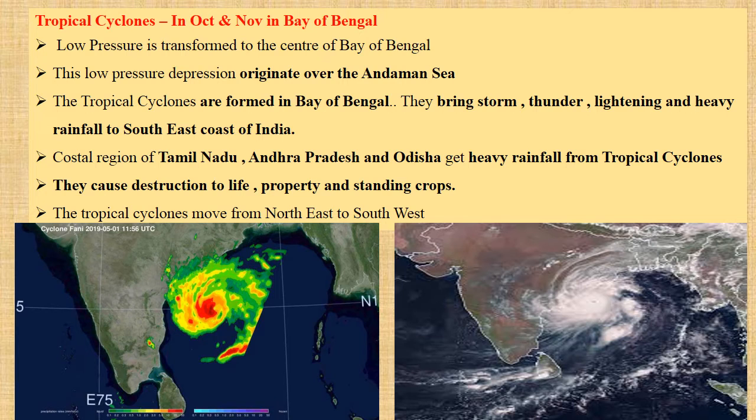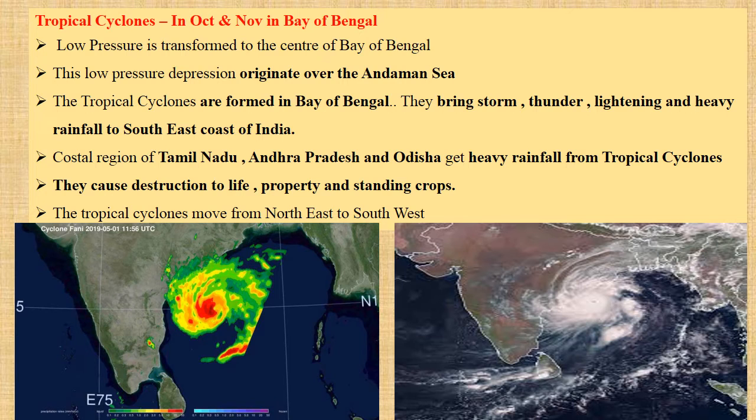A low pressure center is developed in the Bay of Bengal and the winds from the surrounding region blow towards the low pressure. This low pressure depression originates near the Andaman and Nicobar Islands. These tropical cyclones are formed in the Bay of Bengal. They are very strong. They bring thunder, lightning, heavy rainfall to the southeast coast of India. You can see in the map very clearly that these cyclones hit the southeast coast of India in October and